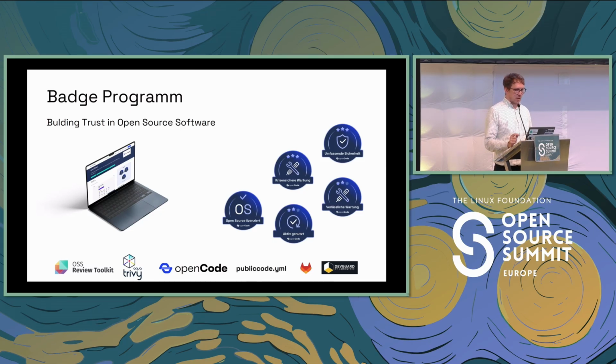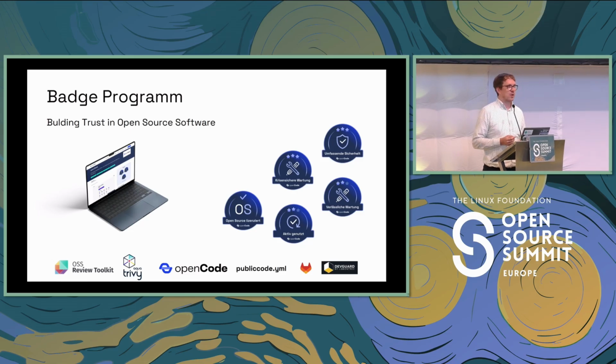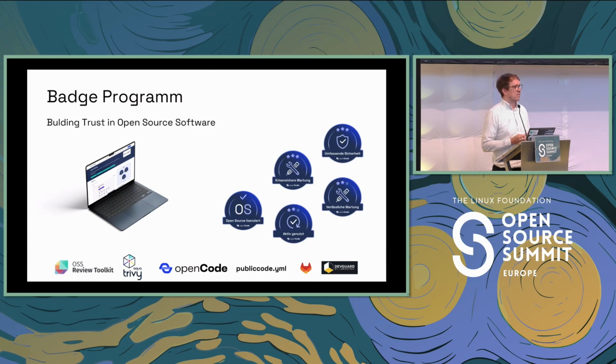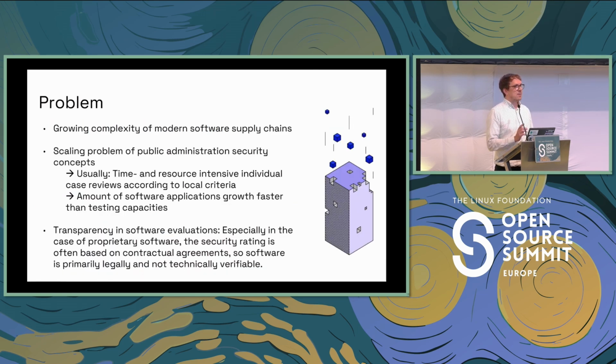analyzing tooling out there. We have the Open Source Review Toolkit. There's Trivy for container scanning. There's publiccode.yml, which is a metadata format to exchange repository metadata. For sure, we have GitLab, which we are using, and also there's DevGuard, which we're currently introducing in our OpenCode program. And the main problem we wanted to deal with was the growing complexity in these